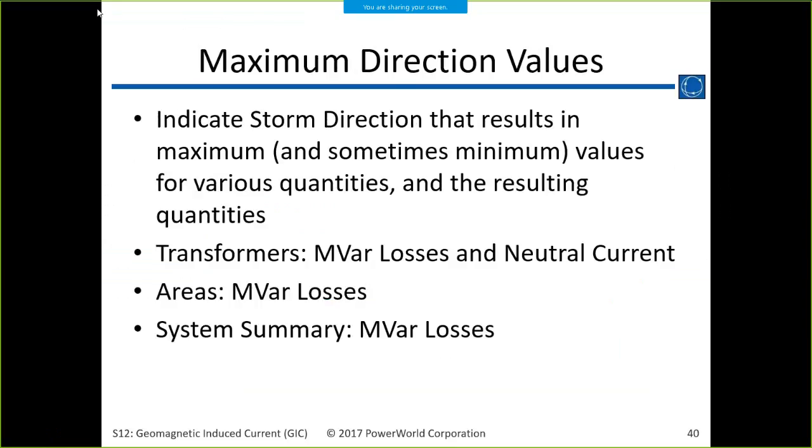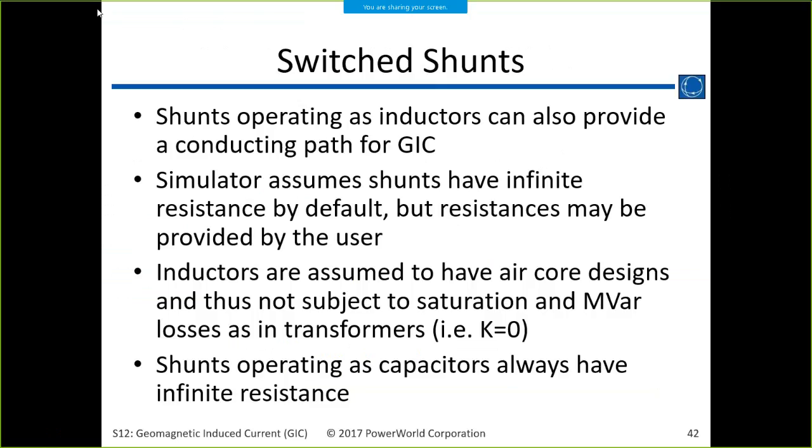So we talked about the maximum direction values. Okay, we also recently added the ability to put in some resistance for switch shunts. I'm going to skip over the details on this in the interest of time, but it's described here on the slides. It really only applies if it's an inductive shunt.